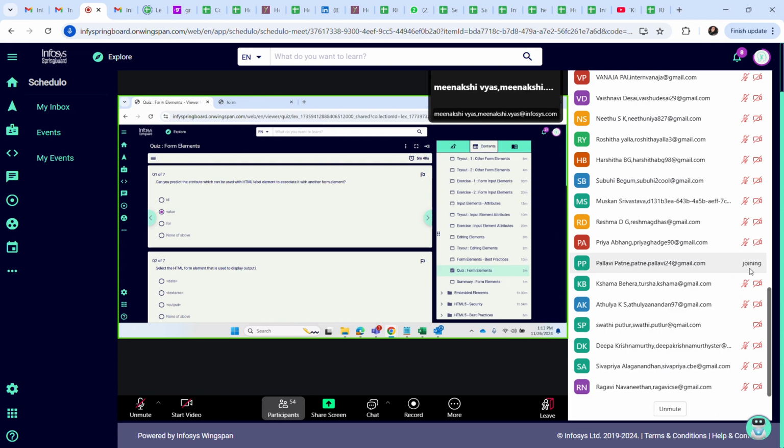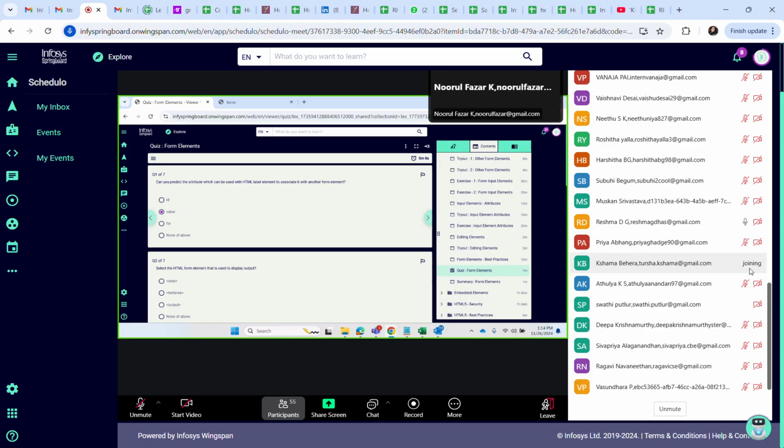Yeah. So it is asking, can you predict the attribute? To understand, whenever we use any tag, we can use certain attributes, like with image we have used height and width, with form we have used the action attribute. So which can be used with the HTML label element? Label we just wrote, first name, last name, likewise. So can you predict what should be the label for taking the gender input?